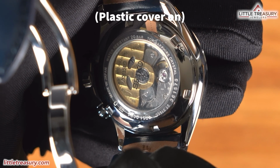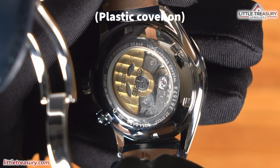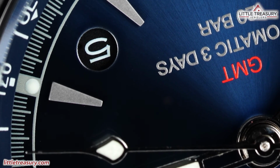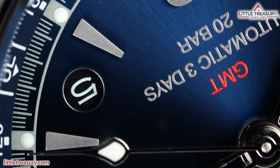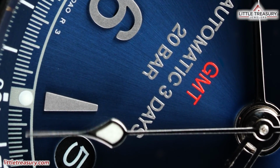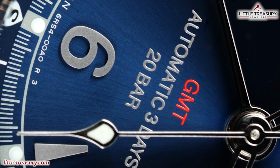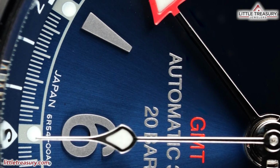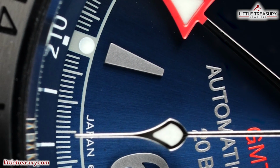The caseback is open, and the crystal on the back is going to be a mineral glass and not sapphire. The movement is the Seiko in-house 6R54 caliber, which beats at 21,600 beats per hour and has a 72-hour power reserve. It has 24 jewels, a manual winding capability, and an accuracy rating of between losing 15 and gaining 25